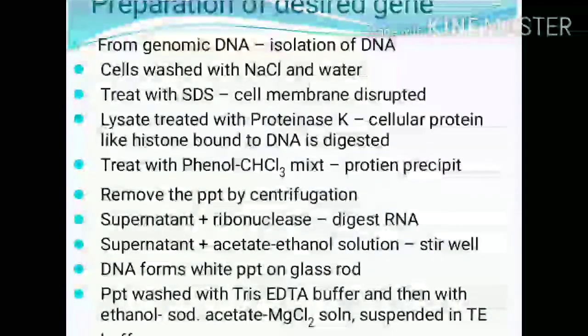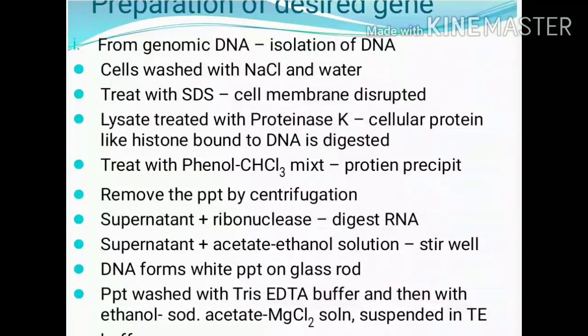The first step in the construction of the recombinant DNA is preparation of the desired gene. The desired gene can be taken from the genomic DNA. So we have to isolate the genomic DNA. For this, the bacterial cells are washed with NaCl and water, then treated with SDS so that the cell membrane is disrupted, and the lysate is treated with proteinase K so that the cellular proteins like histone which are bound